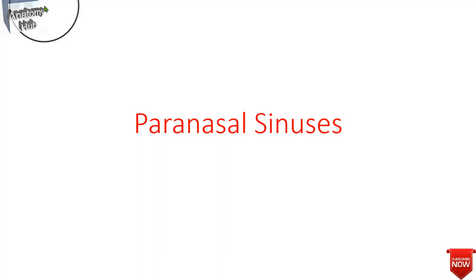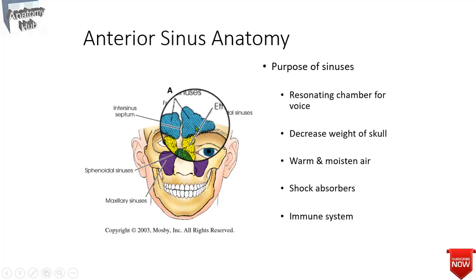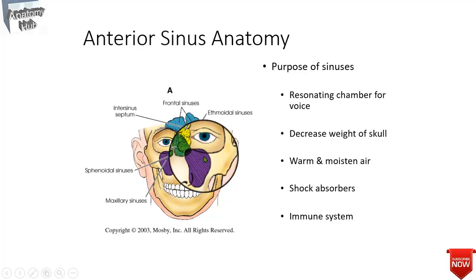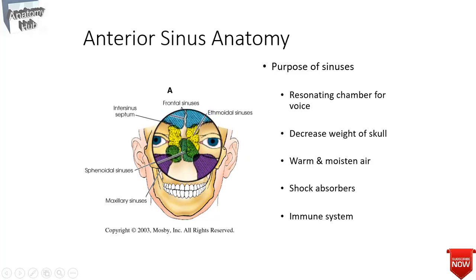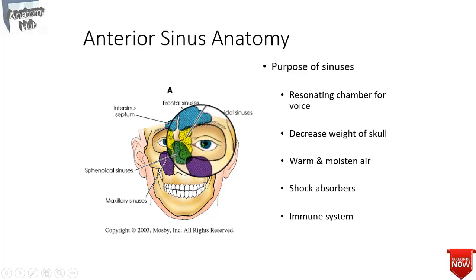open into the nasal cavities, and they are innervated by branches of the trigeminal nerve, mainly the fifth cranial nerve. So they are actually bilateral paired: frontal sinuses, the maxillary sinuses, the ethmoidal sinuses in yellow, and the sphenoidal sinuses. So these sinuses are absent or rudimentary during the birth.